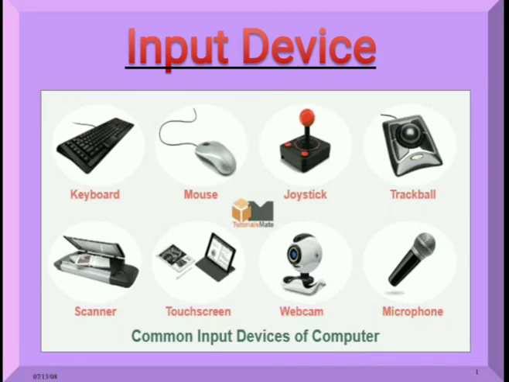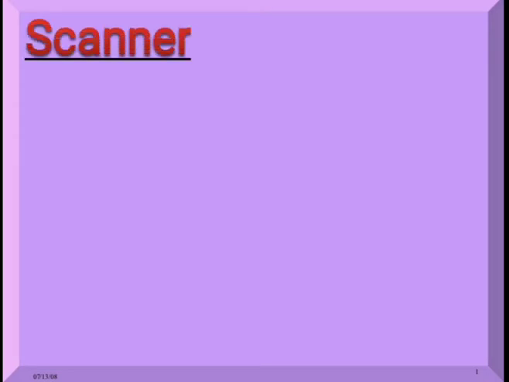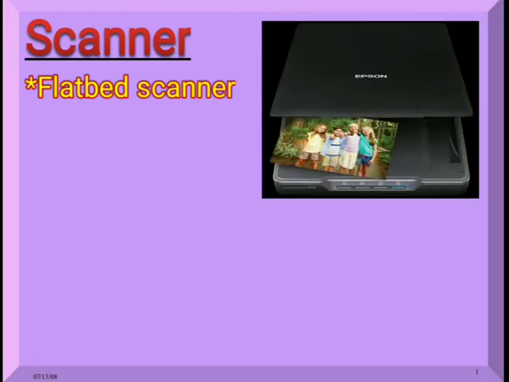You already know about the two most commonly used input devices, keyboard and mouse. Some other input devices are scanner. This input device scans images from photographs, posters, magazines directly into the computer. Some commonly used scanners are flatbed scanner. It has a flat surface made up of glass where the item to be scanned is placed. It works like a photocopy machine.